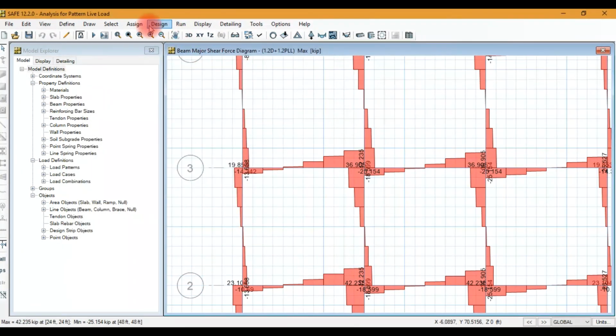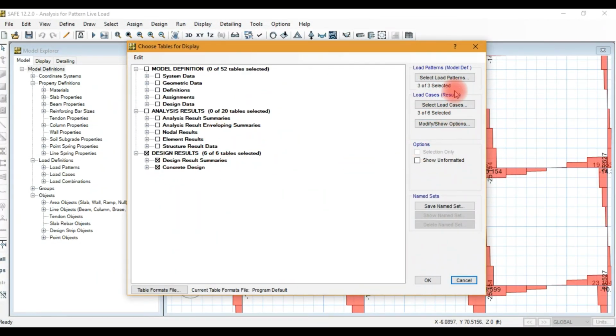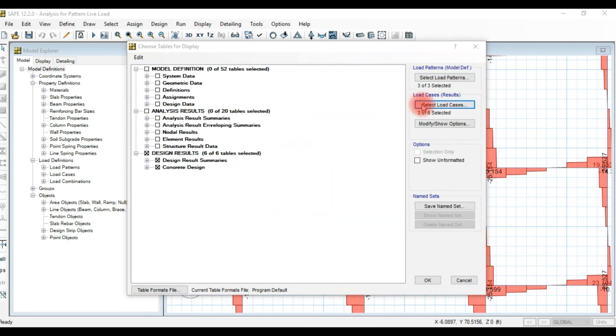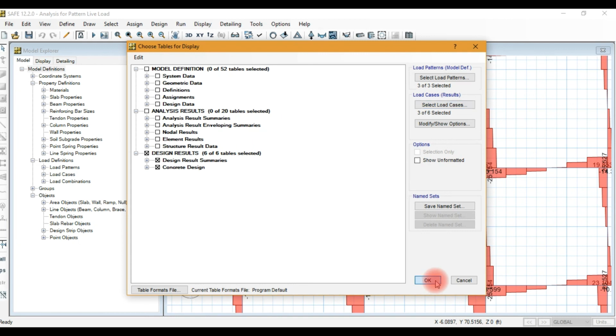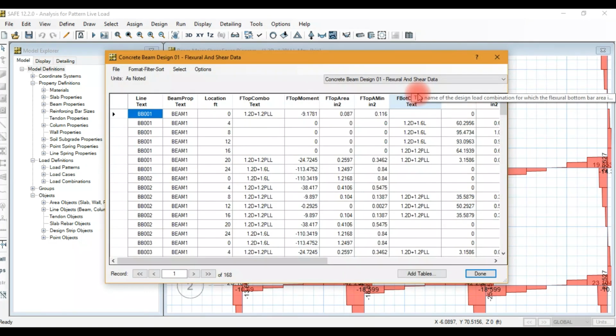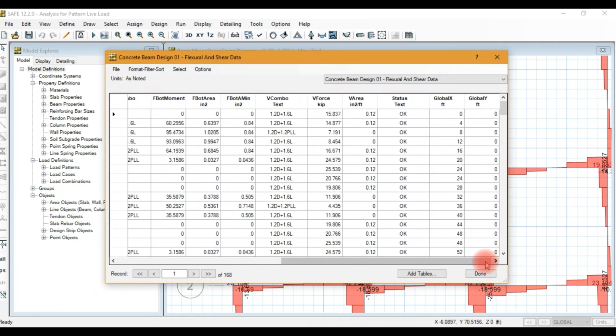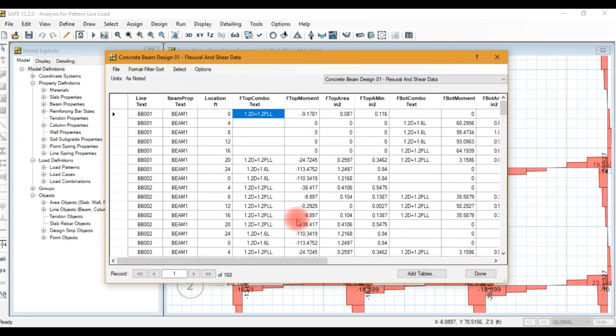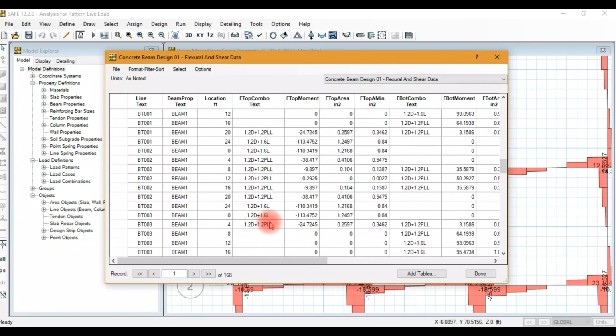Okay, now we will check the design. Select load pattern, select load cases. Okay, you can see here for some portions of the beam the simple live load pattern dominates, for some the pattern live load dominates. So the load combination is chosen for steel design with maximum moments or forces.